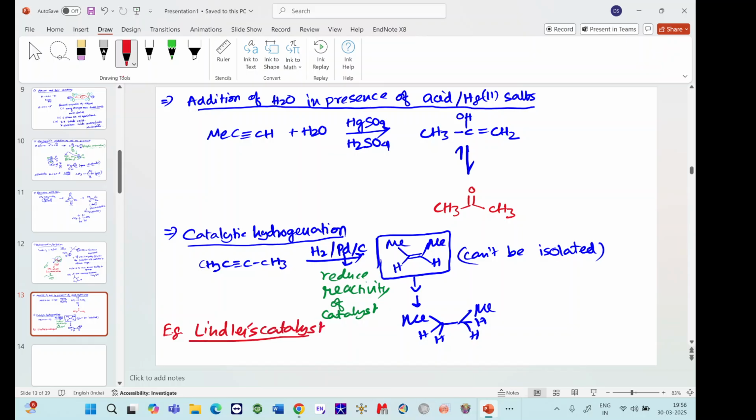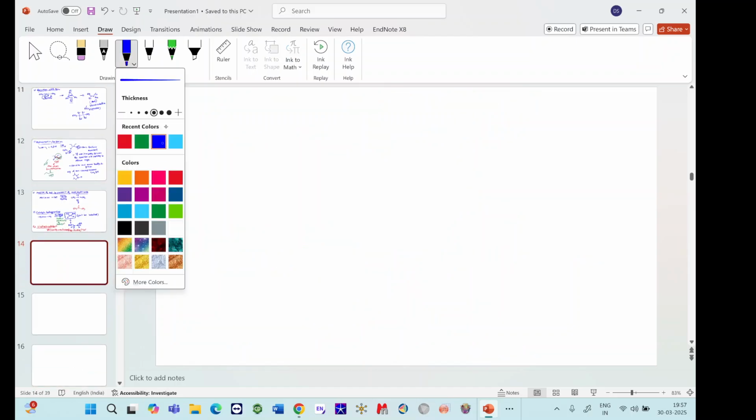So it is basically palladium, not charcoal actually, calcium carbonate is the support, and that is poisoned by BaSO4 or lead sulfide. Okay, something like this. So that is the way you can reduce the reactivity of your catalyst, so that it can stop